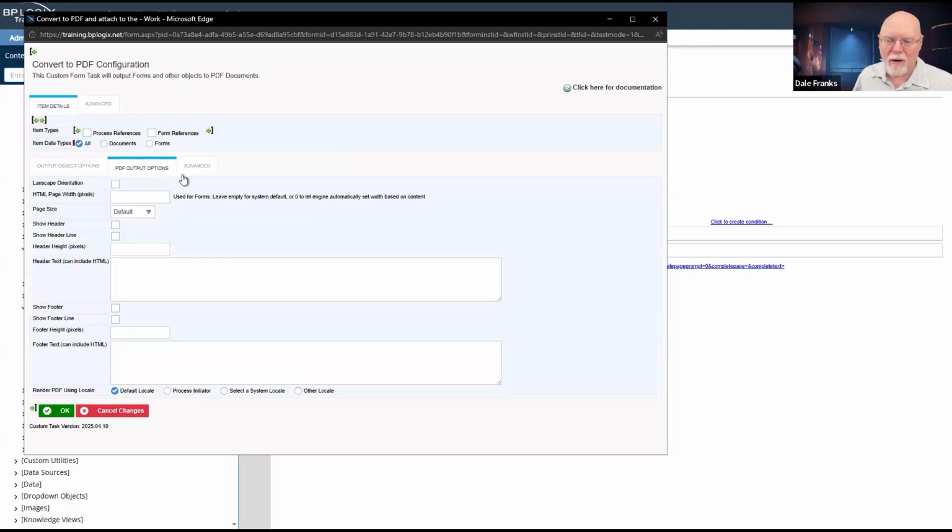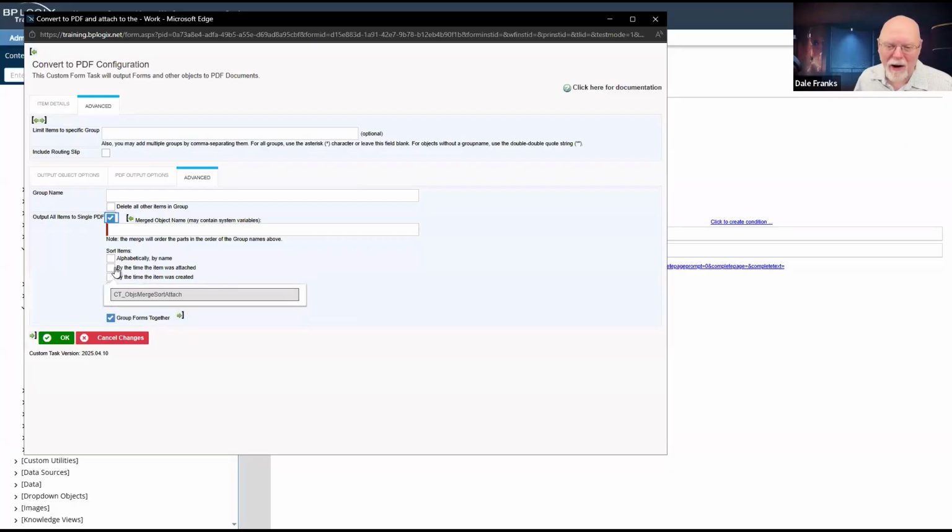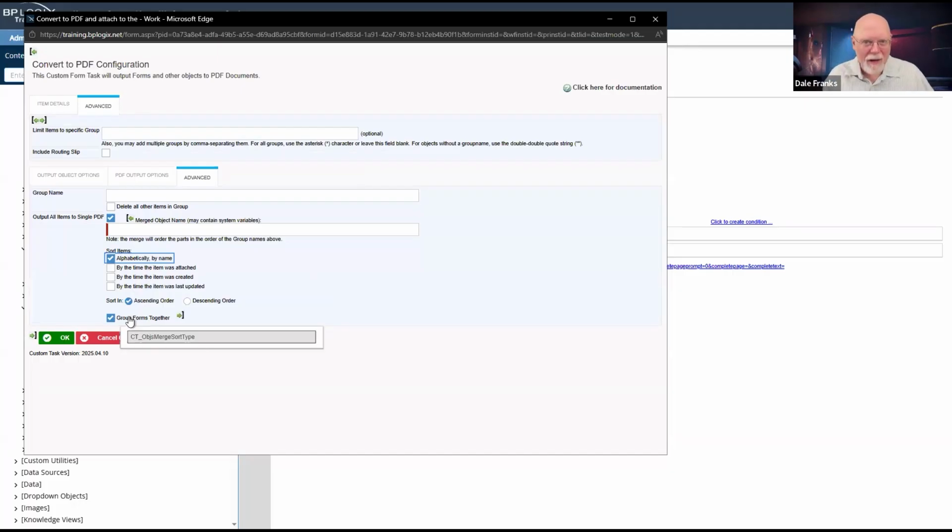And it goes through all of these steps and applies all of these properties, including having to output it to a single PDF and figuring out what they are, and then sorting the items alphabetically and grouping the forms at the front and all the document attachments at the back. There's a lot of stuff going on here. So yes, I do want this convert to PDF to happen as soon as the value of field A is yes, but do I want it to happen for the user?